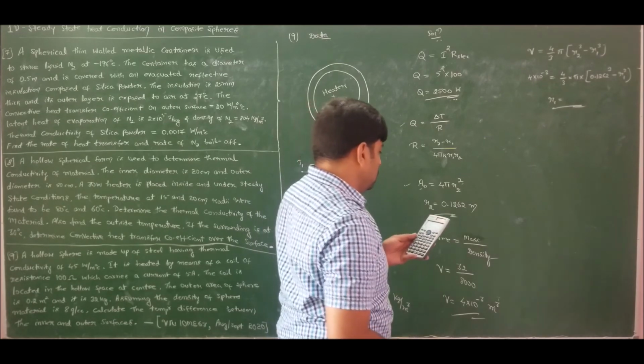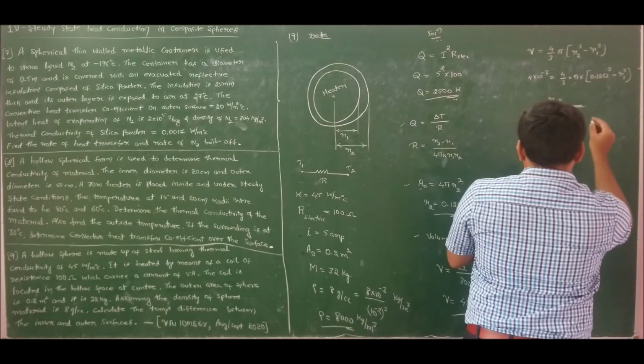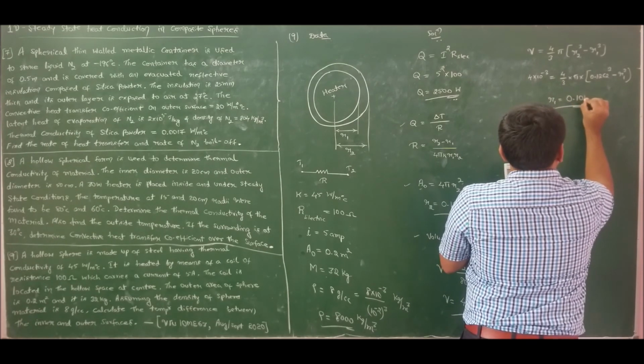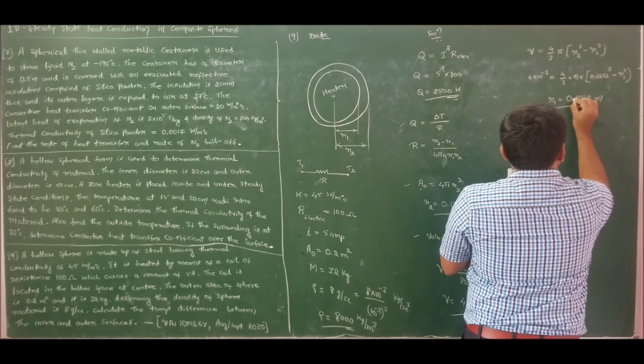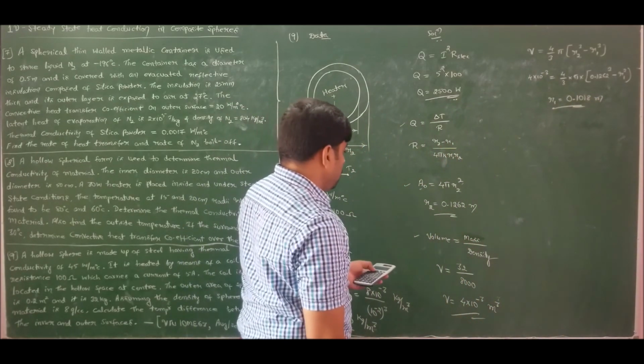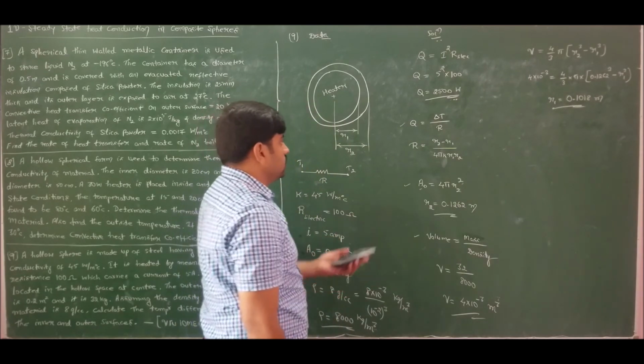If I solve, I will get the value of R1 as 0.1018 meters. So we know the value of R1, we know the value of R2,